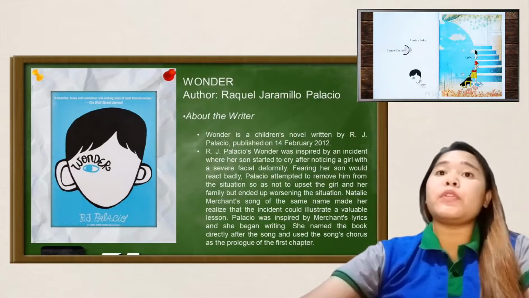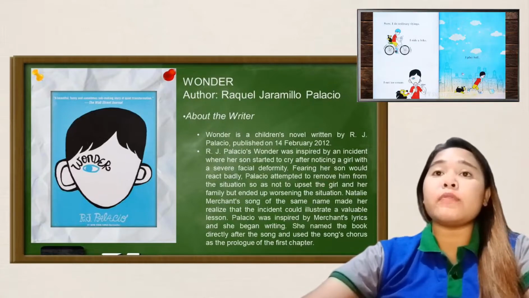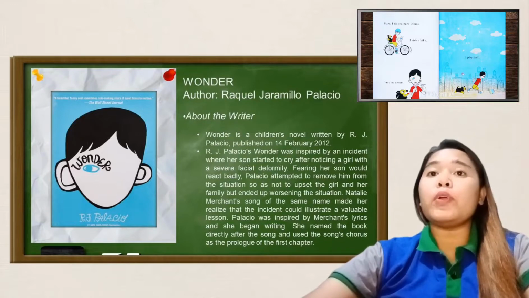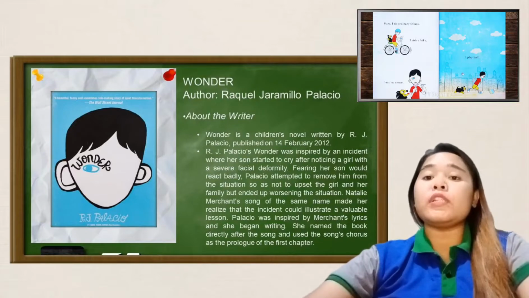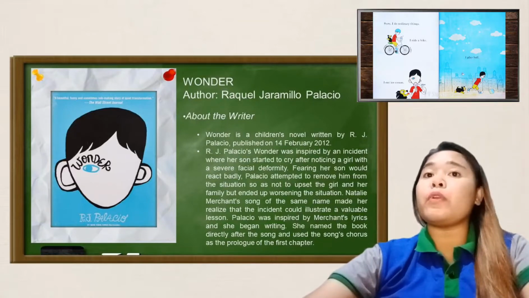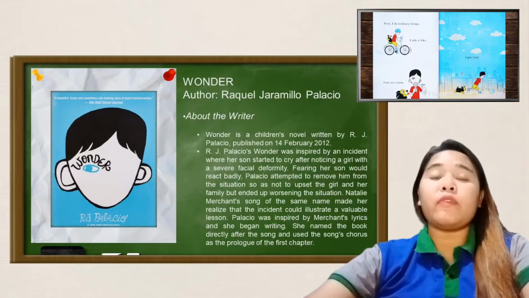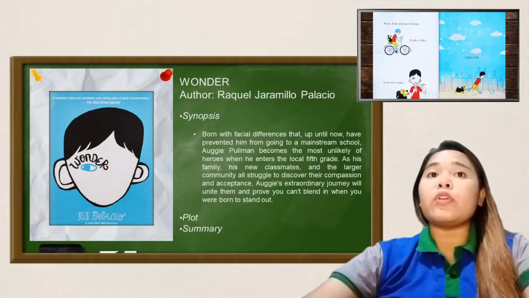Several spin-offs, including the calendar book 365 Days of Wonder, Mr. Browne's Book of Precepts, We're All Wonders, Auggie and Me, and White Bird, have been published. A film adaptation was released in 2017, of which a spin-off film adapting White Bird followed in 2022. The plot of this story was